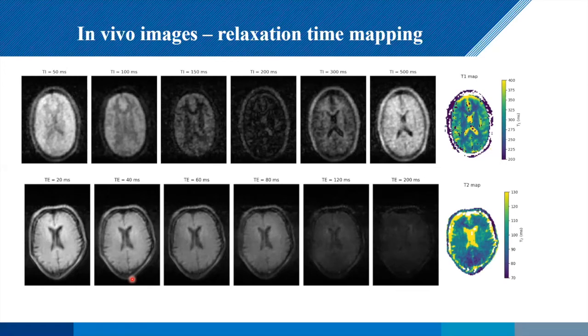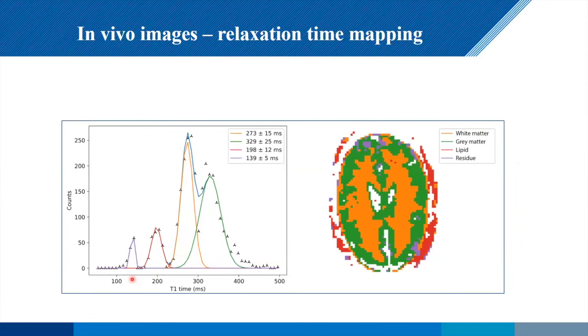But T1, T2 maps can come out, and then these can be quantified in terms of white matter, gray matter, and then the lipid. And you can see this forms quite a nice basis for doing an image segmentation. And again, there is nothing else going on here. This is no AI, this is no extra information. That, of course, is a completely valid approach. But at the moment, we're simply doing this off raw k-space data.